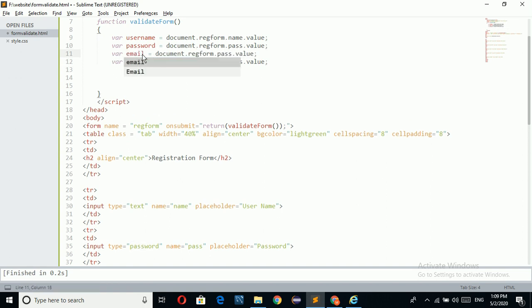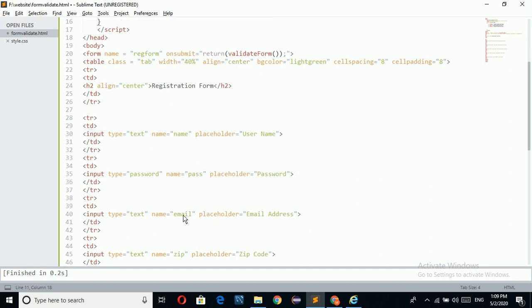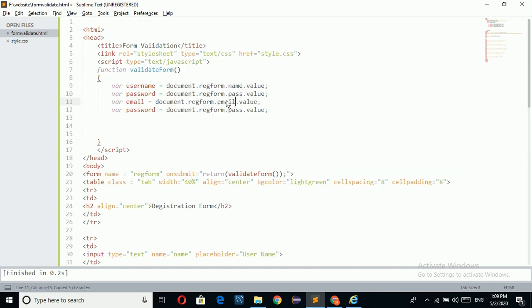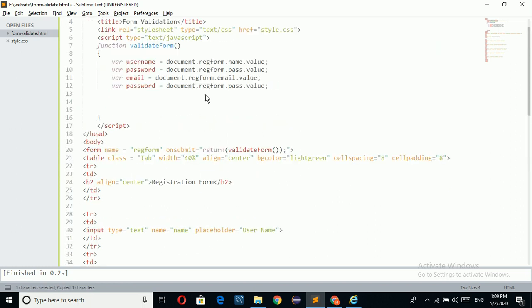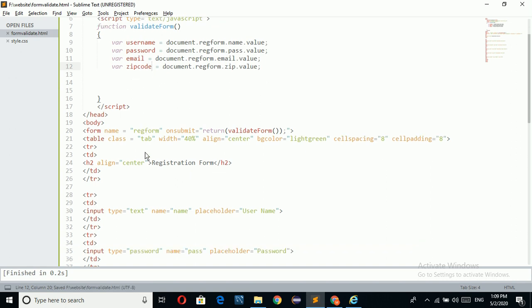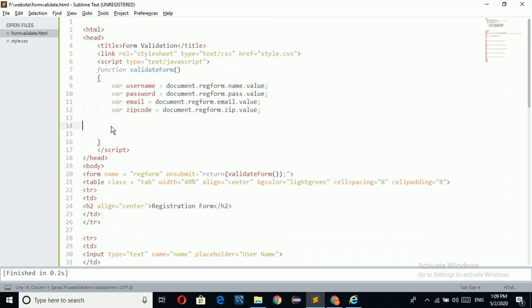This is for email address. Here we have to give the email name. Next we are going to take zip code name. So now we are getting all the input data into the JavaScript function.